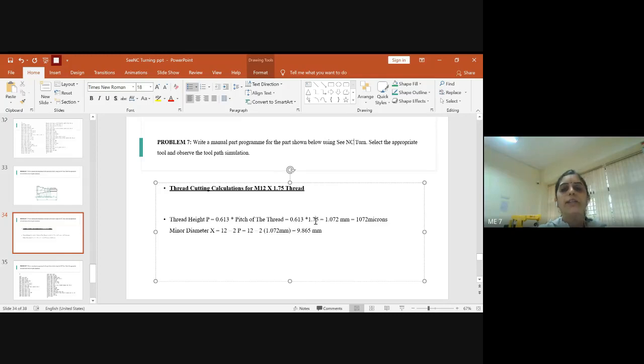I have written it by mistake as 1.25. So the height of the thread will be nothing but 1.072 mm.